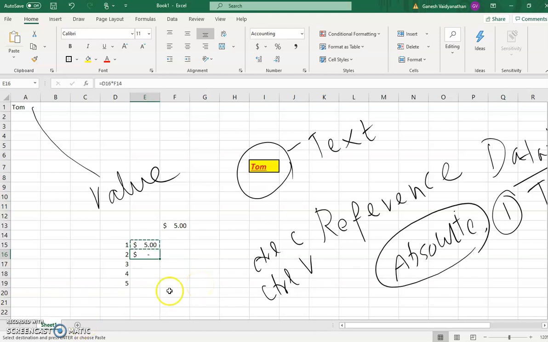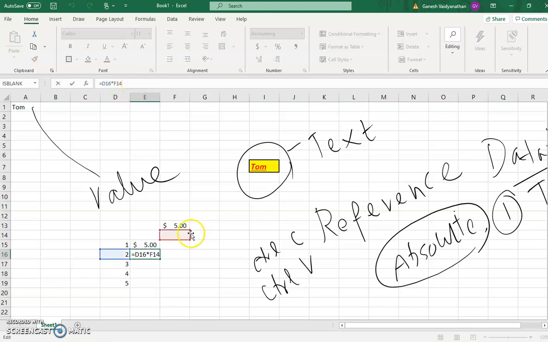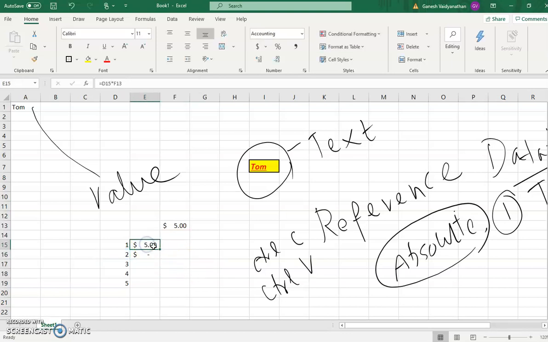Okay? The problem now is it is not 2 times 5. That's what you expect. But look at this. It is going to go to the next one, not 5, but the next one. Because you copied it from this cell to this cell. It is expecting a value from this cell to this cell. There is no value here. But you really want to do 5 times 2. So for that, we need to do something different. What we have